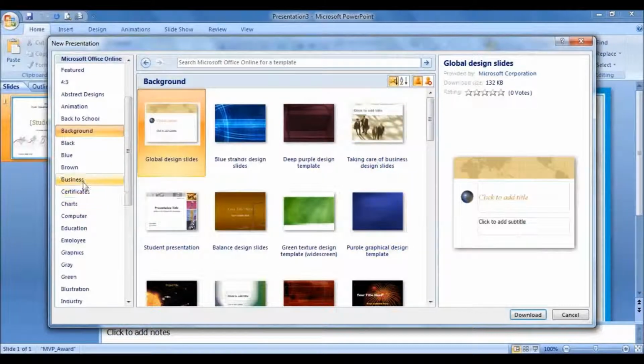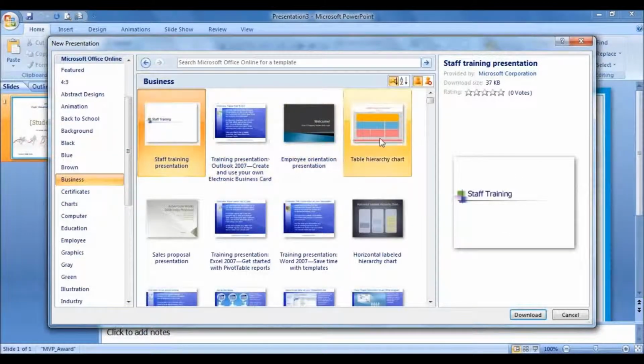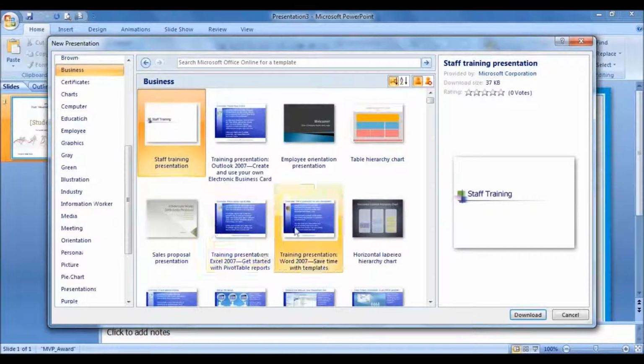Background, design. Here's one for business. All different kinds that you can select. So when you have time, please go through these. It can save you a bunch of time if you do need to make a presentation to get the feel of how the layouts work,